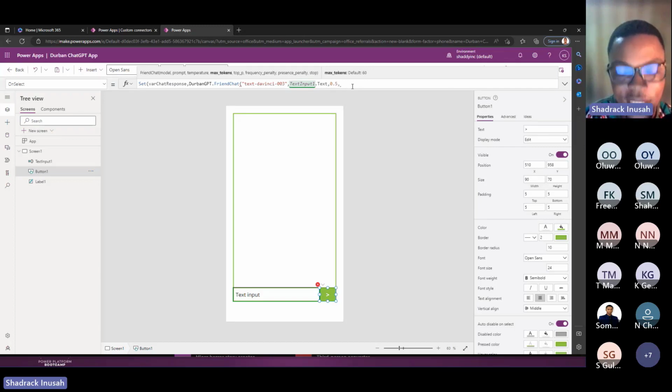Then the next one is what? 60. So we just type that. All right. The reason why I'm not putting these ones in quotes is because they are numbers, right? And these ones are text. But this one I'm calling an item here actually. So you don't put these ones in quotes, right? So the next one, you see, as I type, it gives me the value. So I'll enter 1. Then it says 0.5. So I'll enter my 0.5. Then it said the next one is 0. I'll bring 0.